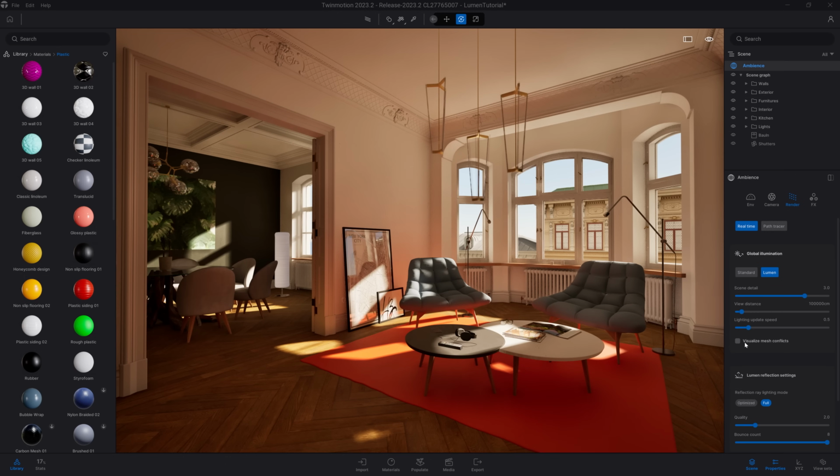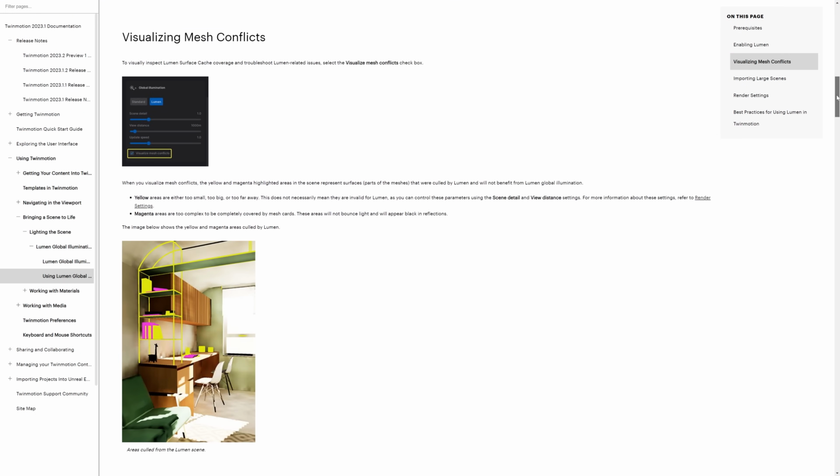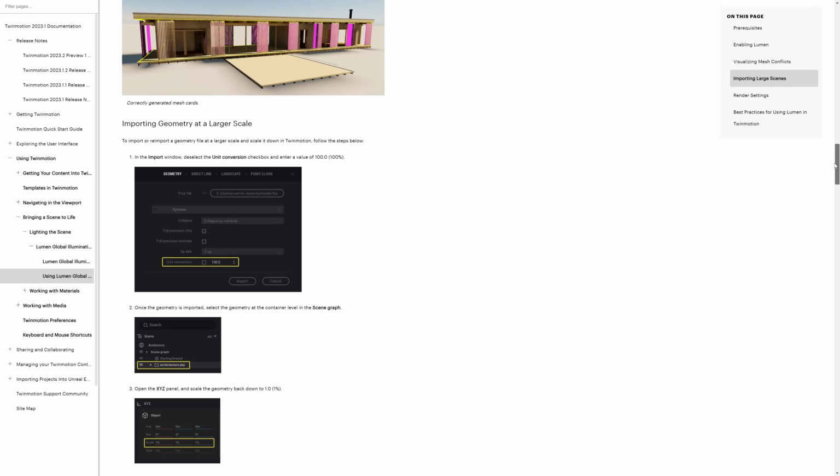If I turn the option back off, as we can see in the scene, it doesn't look that bad, it actually works. But if we look at those objects in a reflection, in a mirror, or just some glazing, you will see those objects appear fully black, because again, they are not officially supported by Lumen. So it can work in some cases, but just bear in mind that if you see some object black in a reflection, that's because they are not supported. If you want to learn more about how to fix some of those issues, it's detailed in our online documentation.